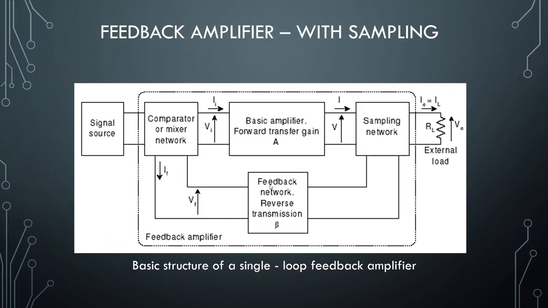So let us look at the feedback amplifier broad block diagram. We take the input source, and the input side will be a mixer, which will either add or subtract the signal. Then our amplifier, where there will be a gain of A, and we take a small fraction of the output to the input side. For that we call it sampling. We take the sample of the output and give it back using the feedback loop. This is the general structure.